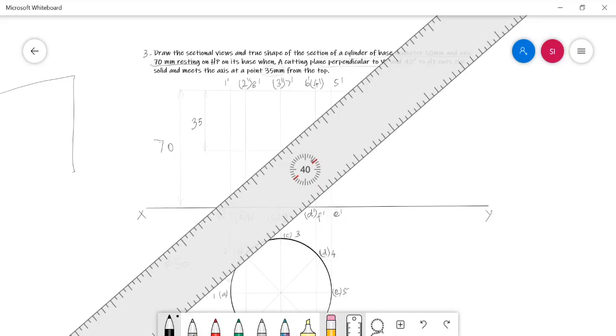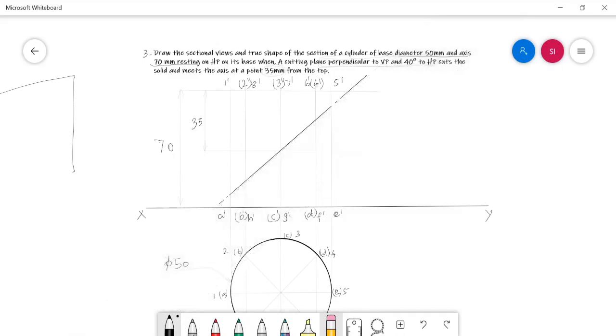With the proper line format, we have to draw the cutting plane. In this way, the cutting plane cuts the solid, and then we have to mark the cut points in the